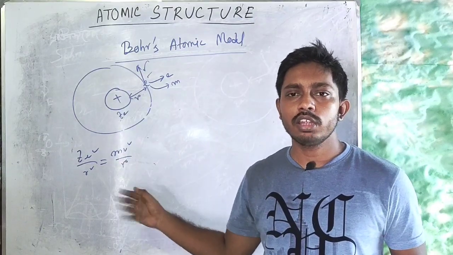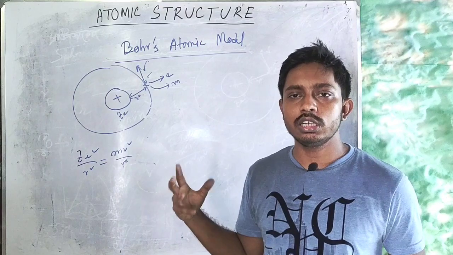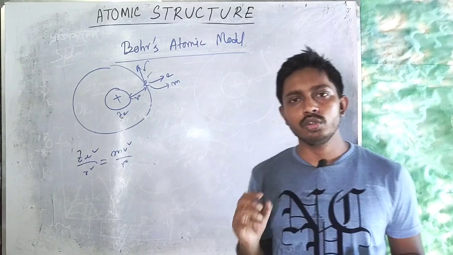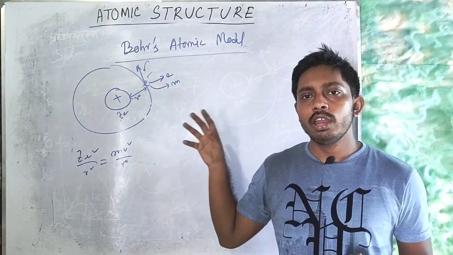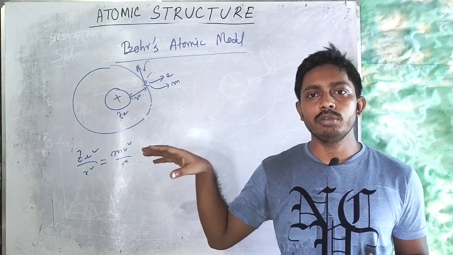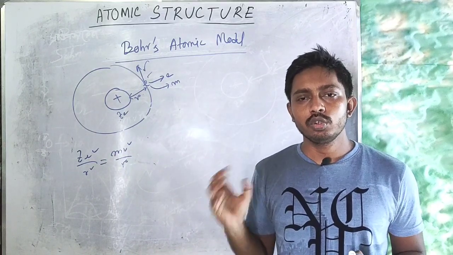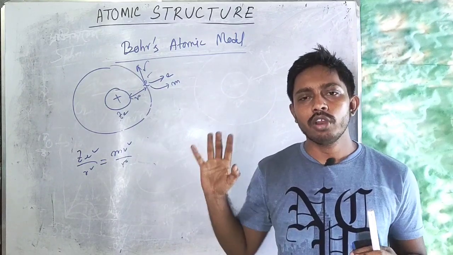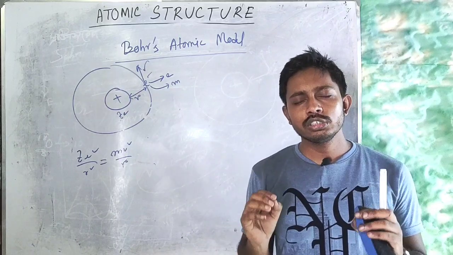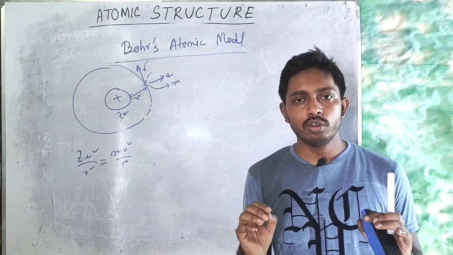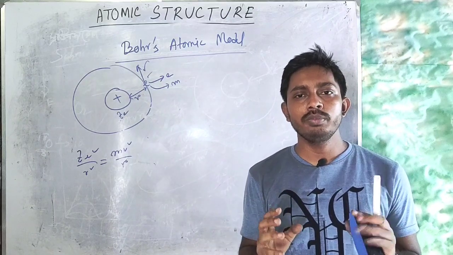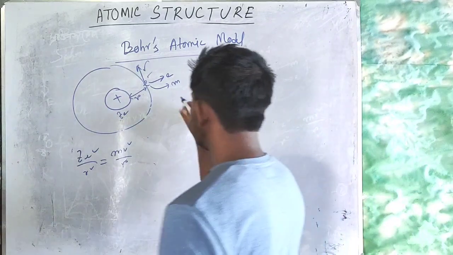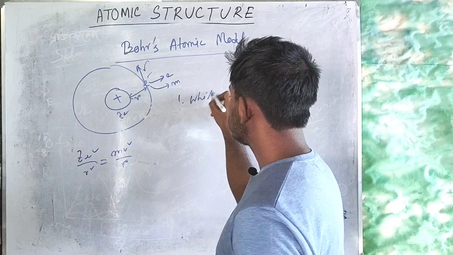With this condition of Rutherford, Niels Bohr also introduced some new conditions for an electron to rotate in an orbit. In Rutherford's atomic model, Rutherford said that electrons can rotate around the nucleus following any circular orbit, but Niels Bohr said that electrons cannot rotate in any circular orbit. There must be some conditions for an electron to rotate in an orbit. The electrons can rotate only in those orbits for which, while rotating, the angular momentum will be some integral multiple of h by 2 pi. So, number 1, while rotating